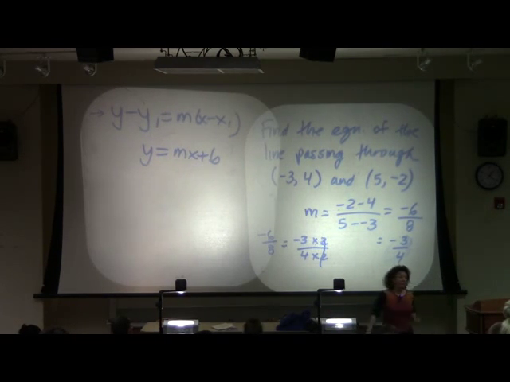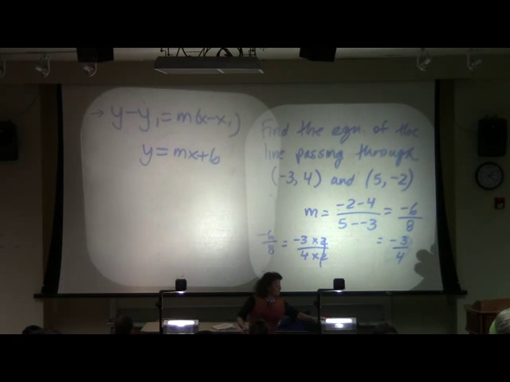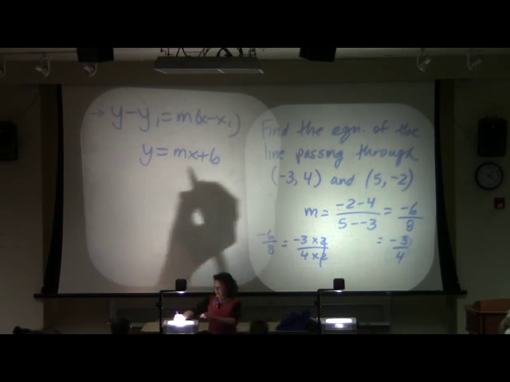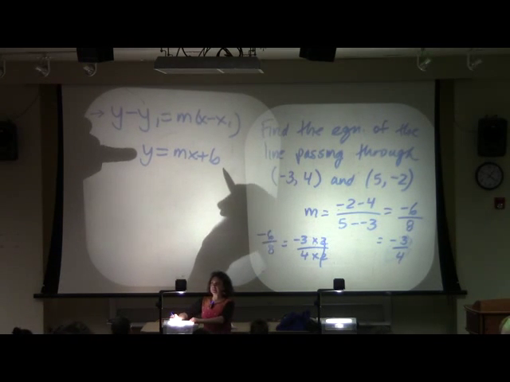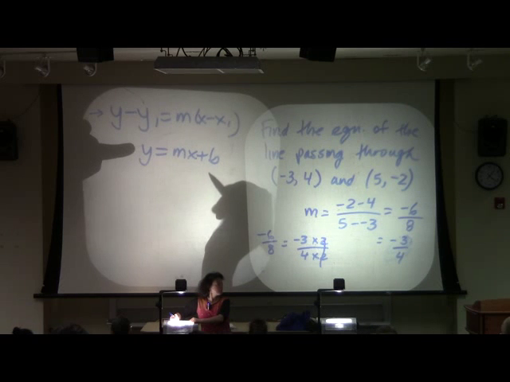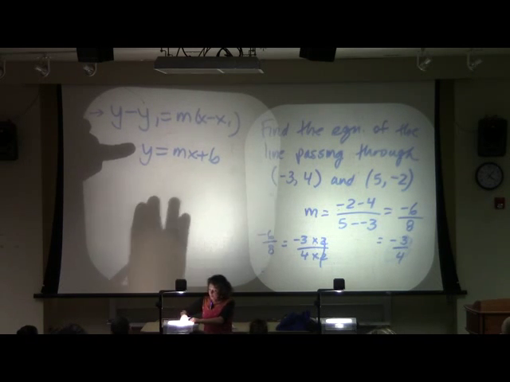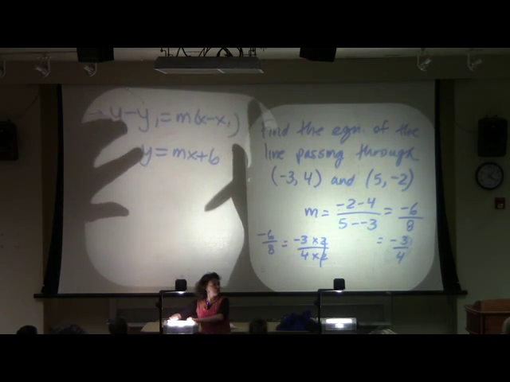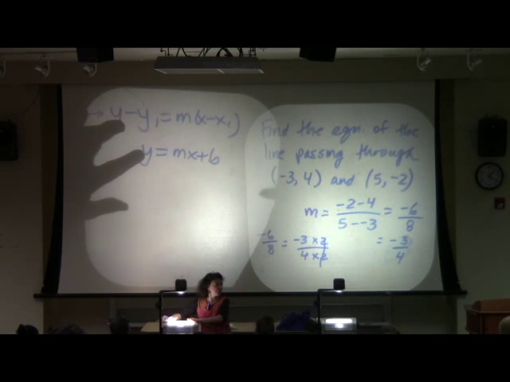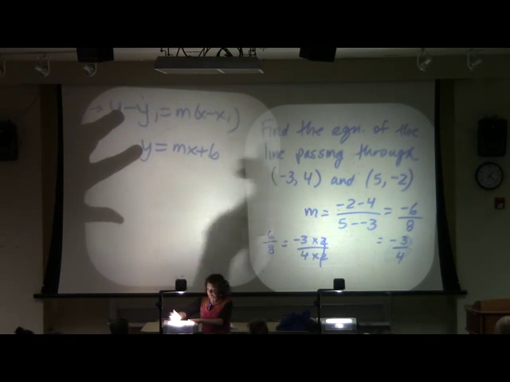All right. First question for you. Should you freak out because you got fractions? No. So, now that we have slope and we have 2 points, we can find the equation of a line. How about we use y equals mx plus b just to be different? Okay? So, in fact, if you want, I can show you it using both ways and show you that we get to the exact same place.